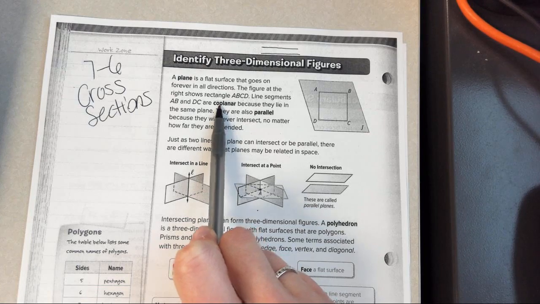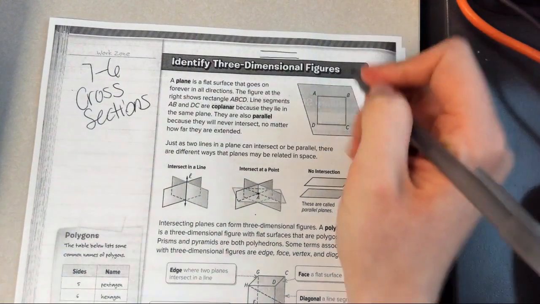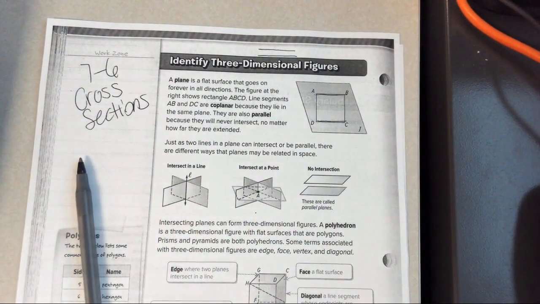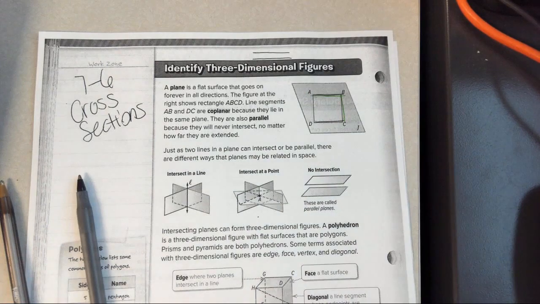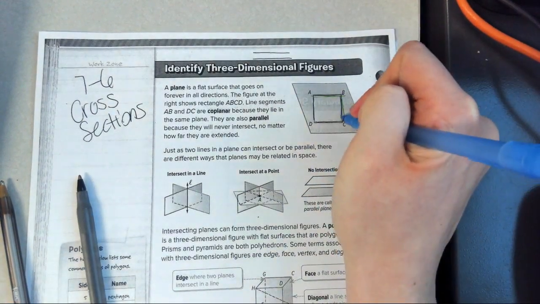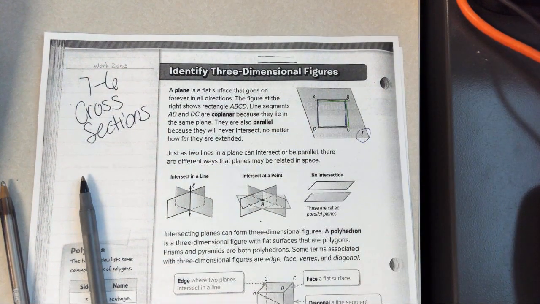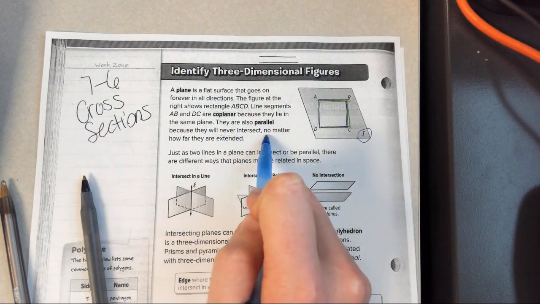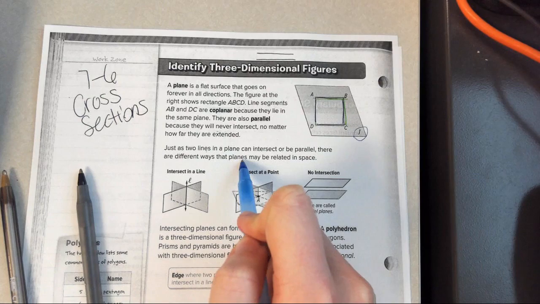Coplanar. Coplanar just means they are on the same plane. So notice they're using that shaded piece as the plane they're talking about, and they said AB and DC are coplanar. They are on the same plane. You could also think about it as AB and BC. Those are also on the same plane. Or maybe you want to think of it as AD and BC. Those are also on plane J. So it just means they are on the same plane. Parallel, we talked about, it means they will never intersect. You can have lines that are parallel, or planes that are parallel. It can be